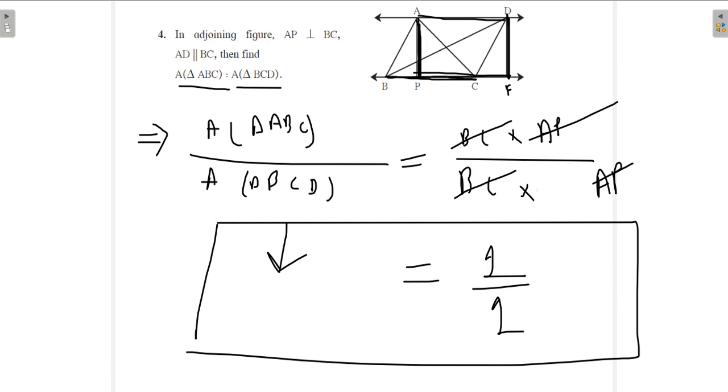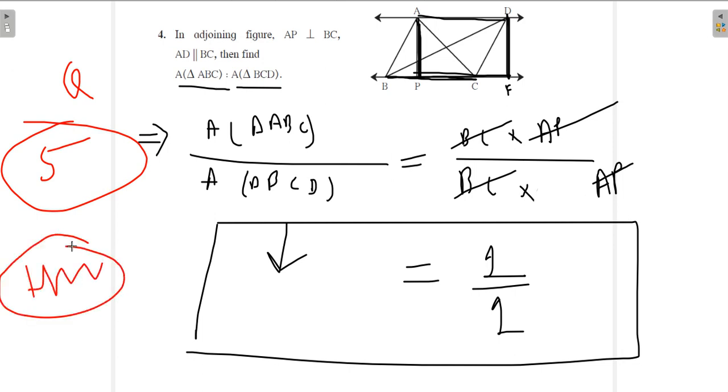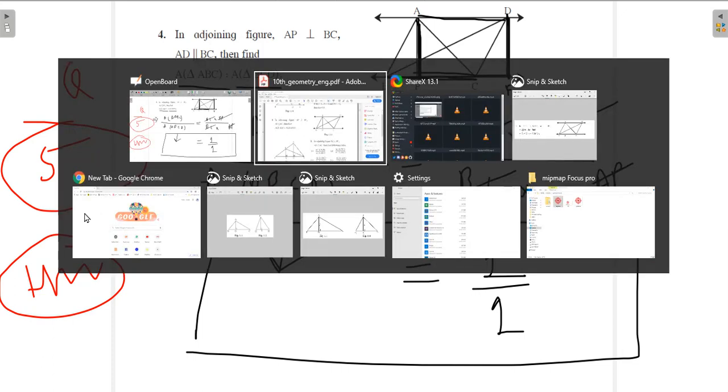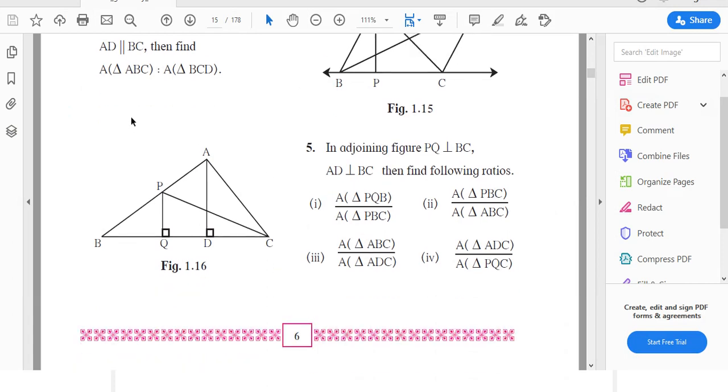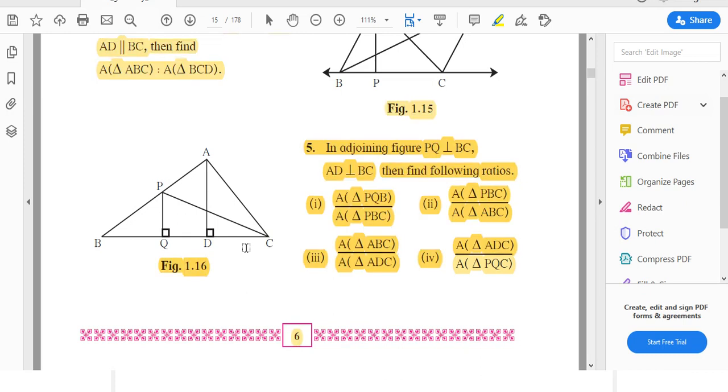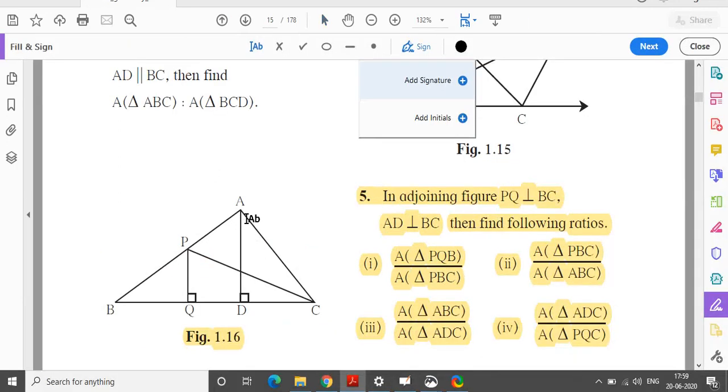But there is one homework for you, question number 5. Question number 5 is the homework, please remember, and you have to do it on your own. It will be in your book, okay? And if you don't have the book with you, I will quickly show you question number 5. So this is question number 5. I will just highlight it for you. This is what you have to do. Only question number 5, that's it. And this is the diagram, by the way.